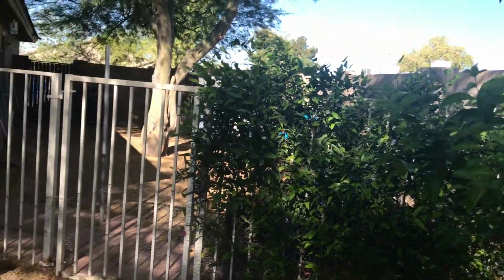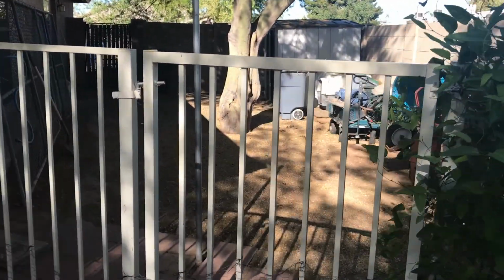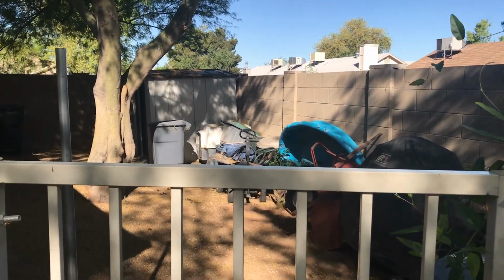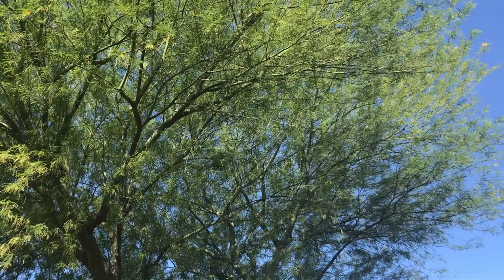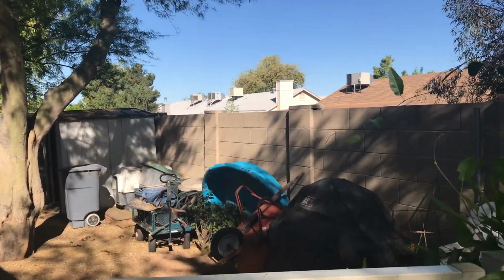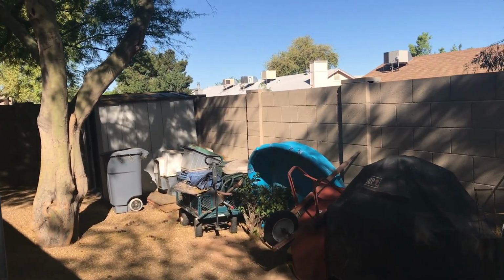Okay, I'll show you my side garden. There's really not much here. This is where the dogs live, where we keep a lot of our gardening stuff. The only thing I have there is a really, really big Desert Museum Palo Verde. I know I love them. And against the plastic pool, you'll see a bougainvillea